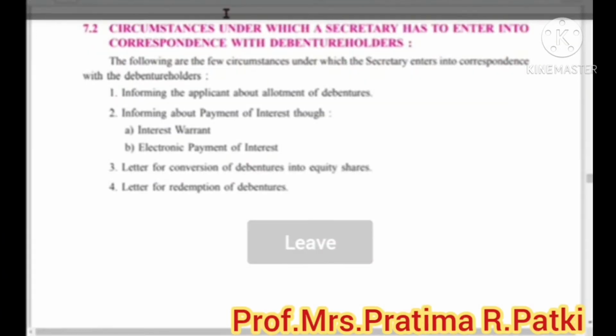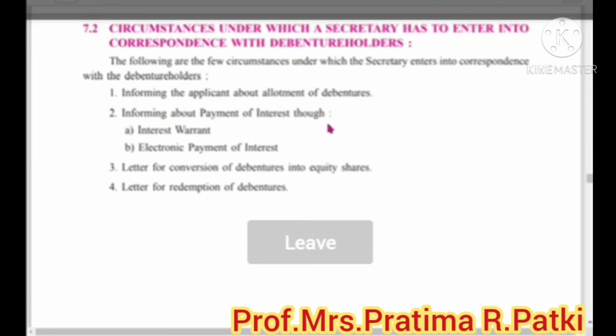Let us understand the circumstances under which the secretary has to enter into correspondence with debenture holders. Which are the occasions or circumstances in which the secretary needs to correspond with debenture holders? These are some of the examples given in your textbook. There are many more occasions or circumstances, but the four which the board has given are: informing the applicant about allotment of debentures, and informing about payment of interest through